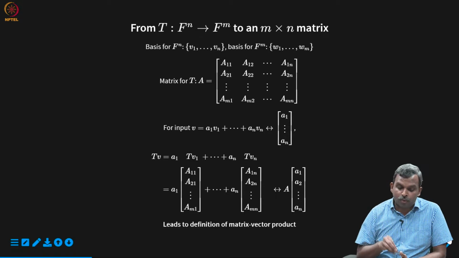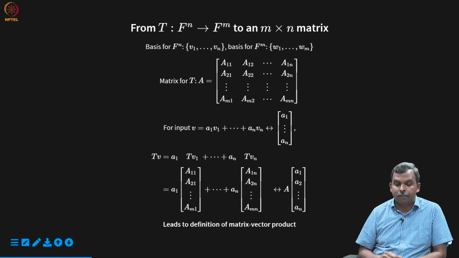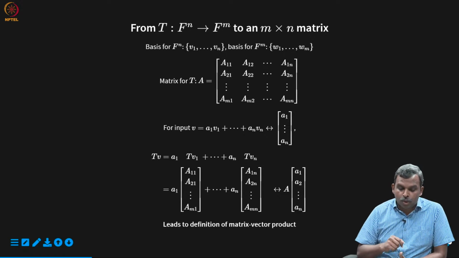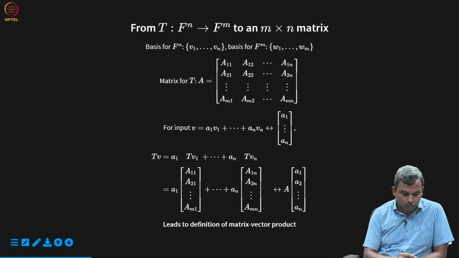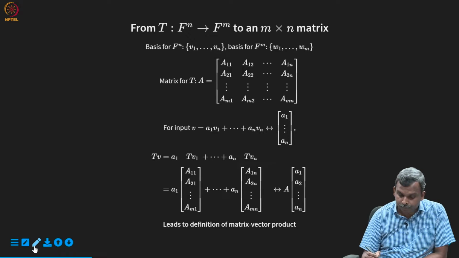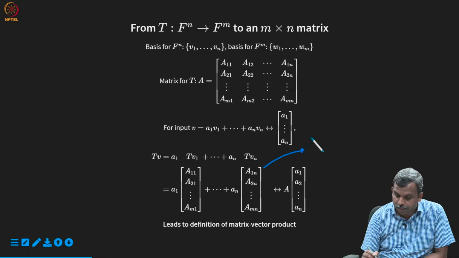Okay, so you have the input V into the linear map A1 through An. How do you find the output vector corresponding to that? This is what you do: A1 times this vector plus so on till An times this vector. You know how to do that, right? So if you add it up, in other words, this would be nothing but